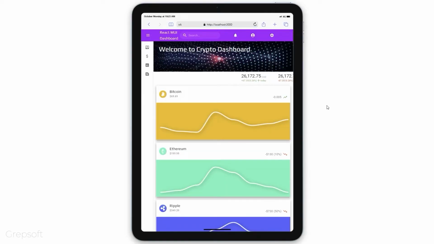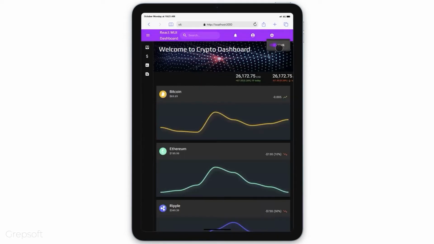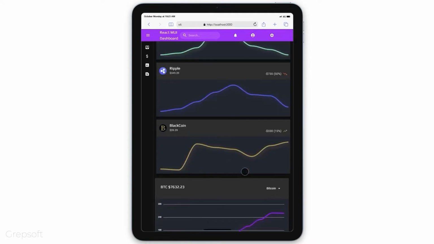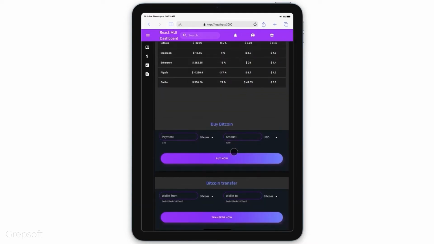Alright, here we are on an iPad Air. As you can see, same nice animation. I don't know if I should get rid of this, but I'll just leave it. We'll switch to dark mode. As you can see, all the cards are nicely laid out. Everything is beautiful. So I hope I have you excited, and we're just going to jump right in and get